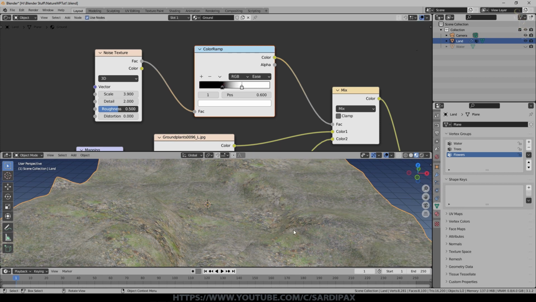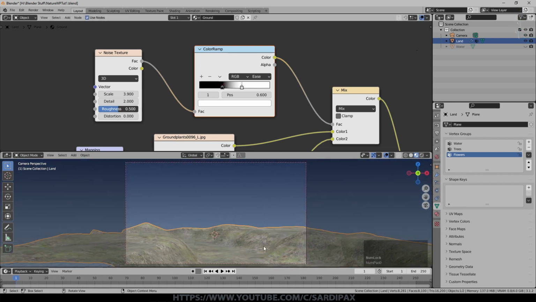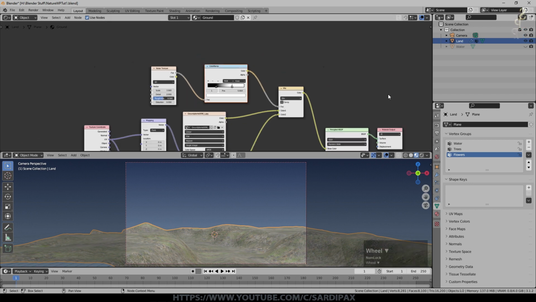Even this won't completely eradicate those edges, but you can see they're a lot less visible now, and we can move this around to try to, if there's some particular areas where they're showing up, we can remove them like that by just moving the noise around. And as I say, you can even add more iterations of this should you want to.